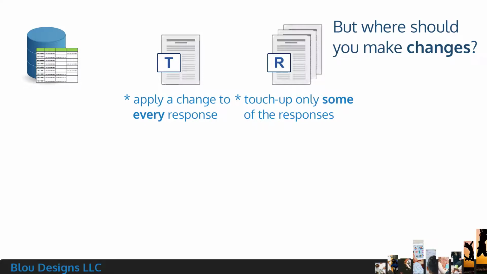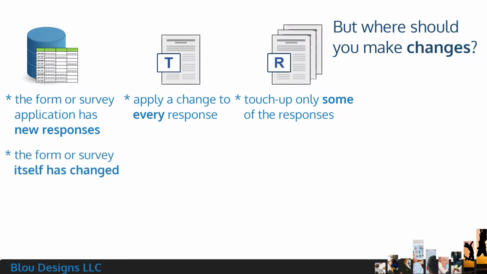application. By and large, you'll only ever need to update your CSV data source under two conditions. First, if you've received new responses to your former survey and you need to include those in your next review, or second, if there have been changes to the former survey used to collect the data, like adding a new question, and you need to incorporate those changes into your review. If the form or survey itself has changed, you might also need to update your mail merge template with the new column names so that all of your data gets where it needs to go.